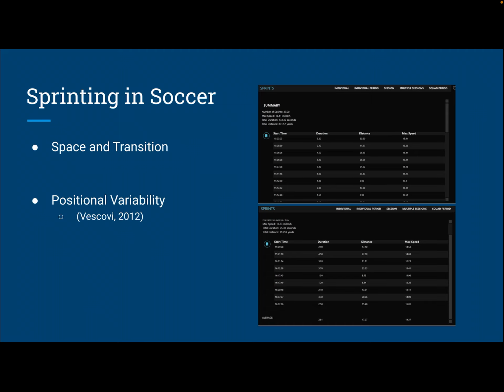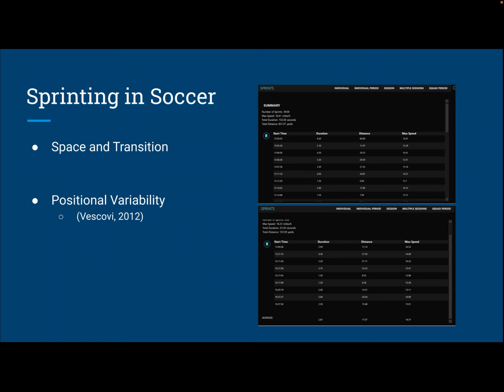So sprinting in soccer, when are you going to get some sprints? If you're taking space, think about if you or your team has been instructed to play the ball in behind the other team's defense. If you want to get on the end of that ball, you're going to have to sprint there, especially considering you have to start on the other side of the defense to stay onside. You want to get there before them, so you're going to have to cover more ground than them. And to do that, you're simply going to have to be moving faster than them.